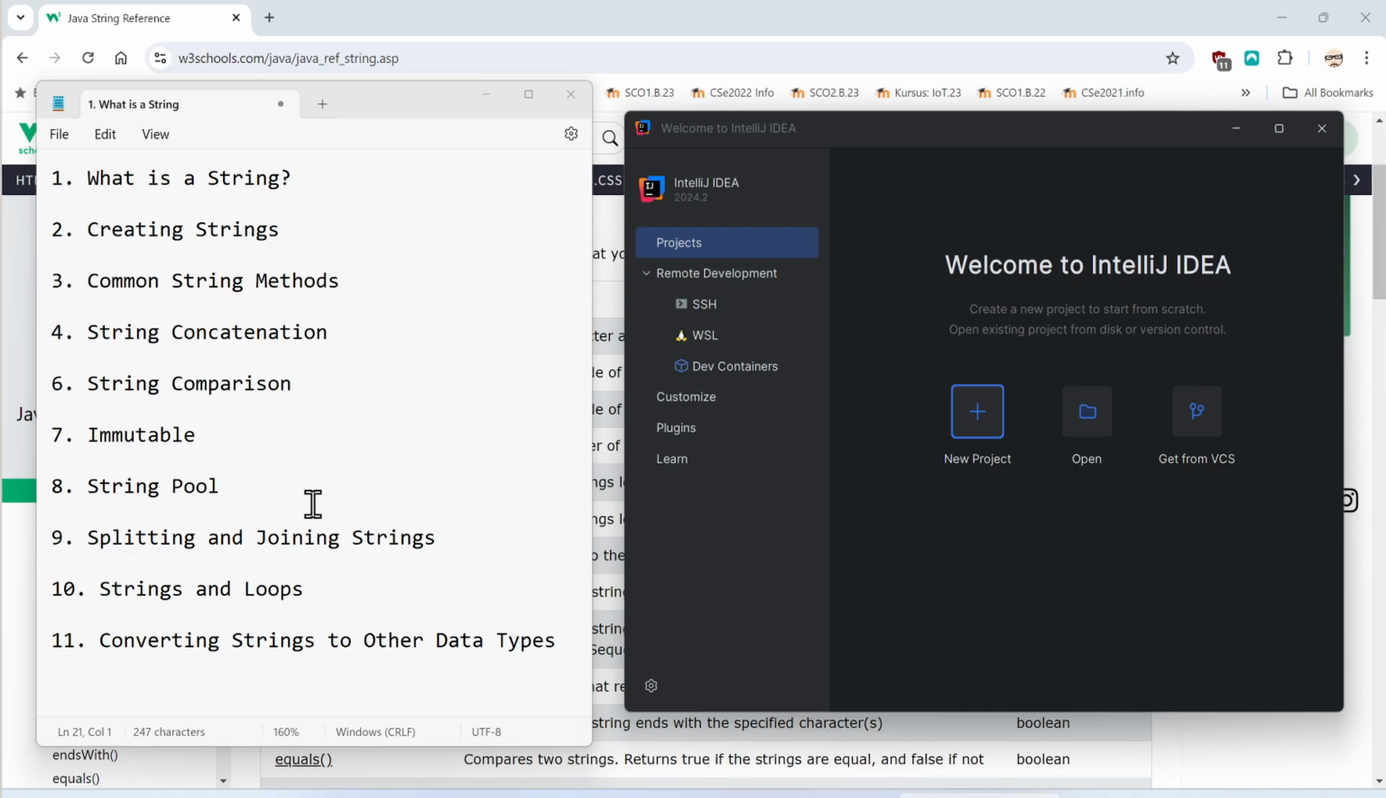Hello, this is an introduction to strings in Java. So I'm going to go through what strings are. This is for absolute beginners in Java. I'm going to go through what a string is and how to create strings, the common methods for strings,